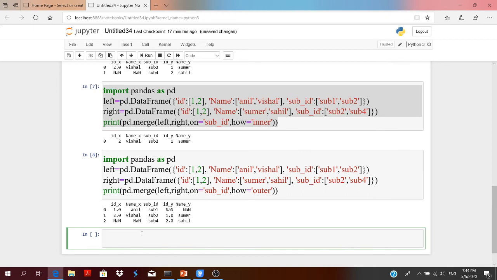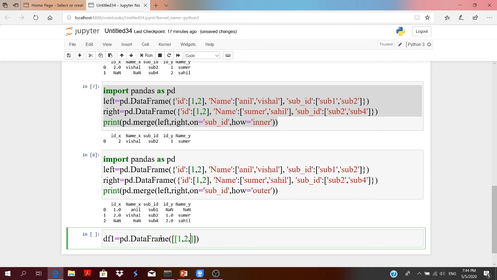Now you can also concatenate or combine data frames which have similar, the same columns. So let us create a data frame, pd.DataFrame, having a list of lists.